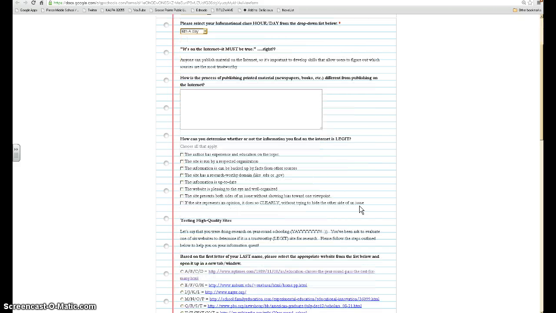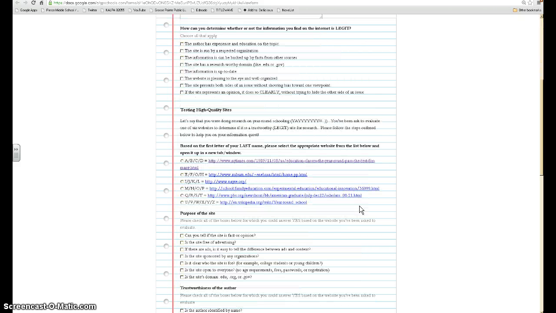I do want to point out, as you scroll through this, when you start to evaluate your own website, the testing high quality sites section, the first segment says, based on the first letter of your last name, please select the appropriate website from the list below and open it up in a new tab or window. You are required to choose the first letter of your last name, so I would choose the P for Pata, and then I'm going to open up this link, and this is the link that I'm going to evaluate using some of the questions that are listed in purpose, trustworthiness of the author,